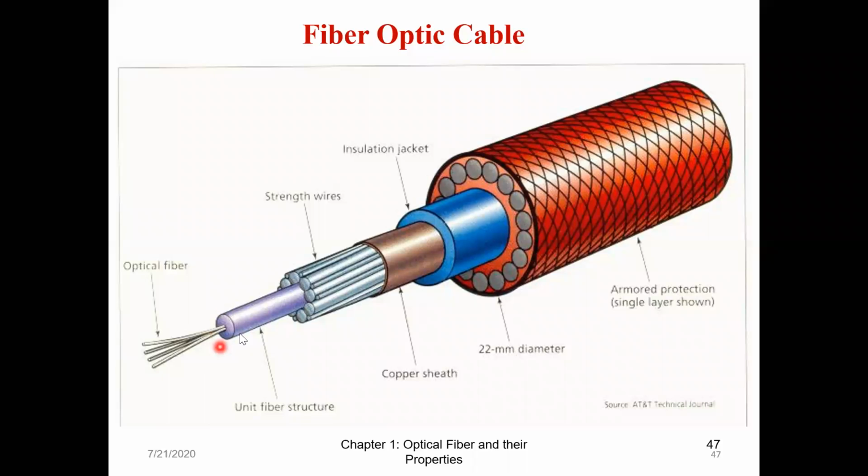If it is a loose buffer jacket, what will happen is the fiber will move here and there, it keeps moving all around the area, because it has more space. So when I'm connecting two fibers, it again becomes a problem because the fiber is constantly moving inside the buffer jacket. How we connect a buffer jacket, we will study later with the